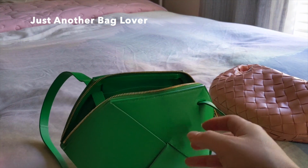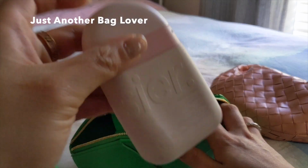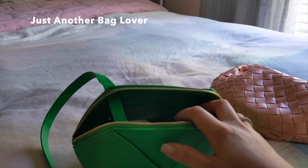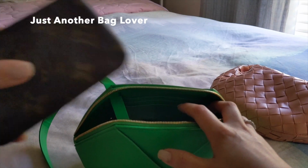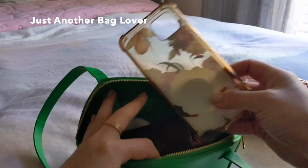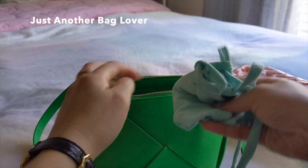So what I would probably do is I would use my card holder. Here is a hand lotion, hand sanitizer, a lipstick, my keys, filming with my phone, so here's my phone case, face mask,